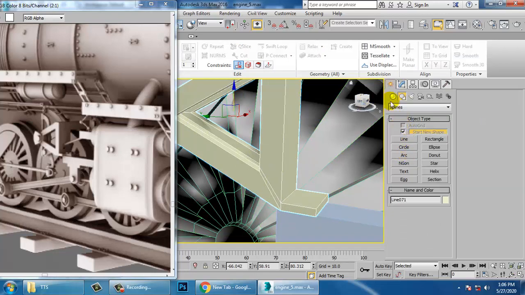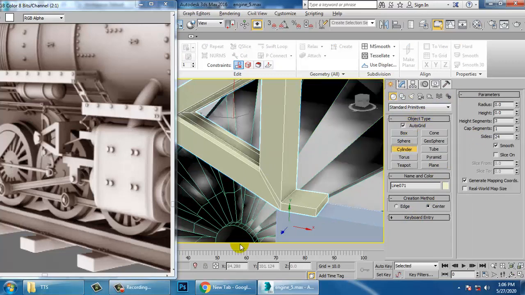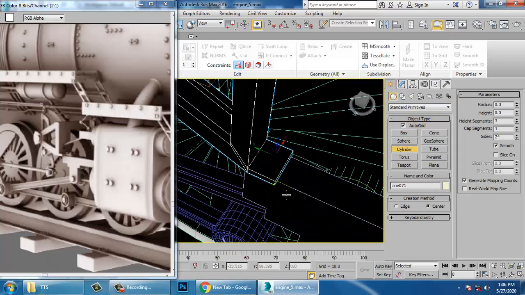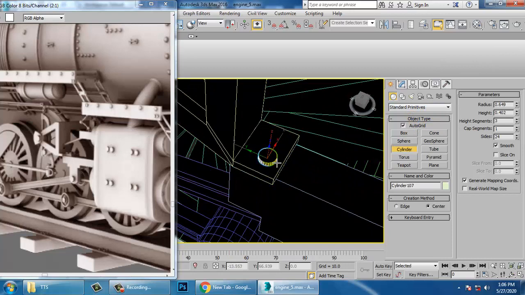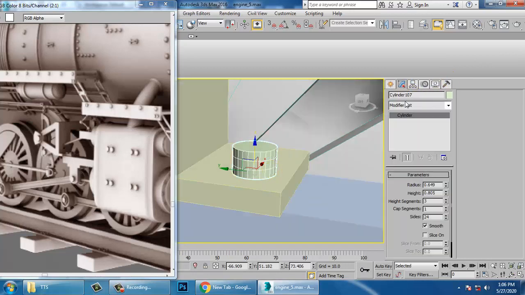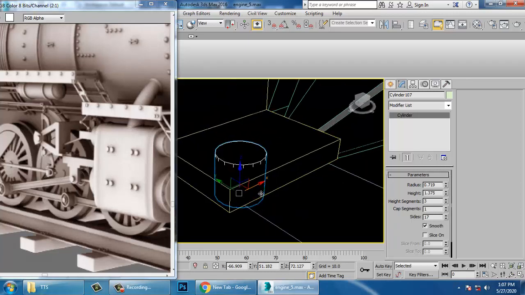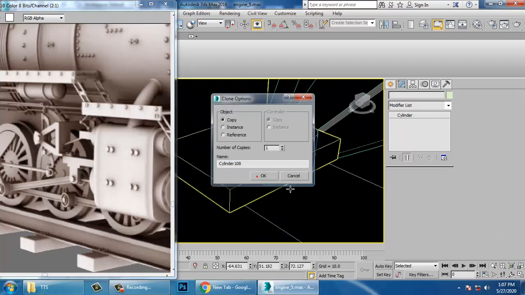And take a cylinder again, auto grid. Again, duplicate this and click OK.